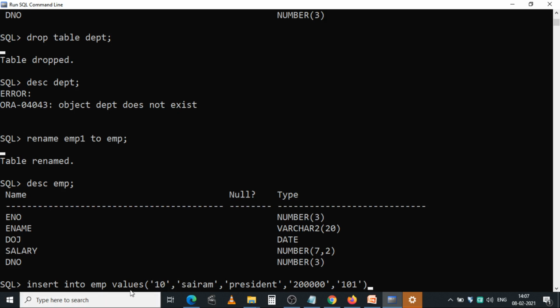You have to insert all the values according to the order in which the columns exist in the table. The first value refers to the E number, the second value refers to the E name, the third value, no, it's wrong, it is DOJ, date of joining. It's not job.